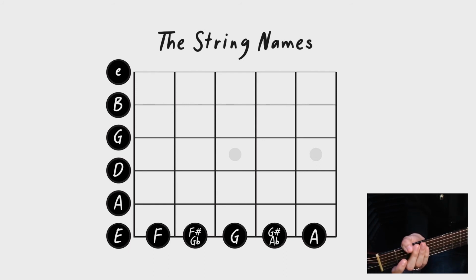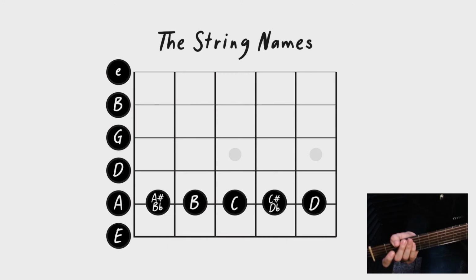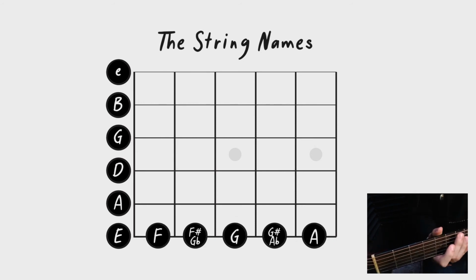Now let's transition to our next string. If we look at the fifth string or the A string, again, all we're doing is we're starting the musical alphabet on the appropriate string. So, fifth string, we have A. In open, we have A sharp or B flat, first fret. We have B on the second fret, C on the third, C sharp or D flat on the fourth, and D on the fifth. And so you can see, even if I go back to E,